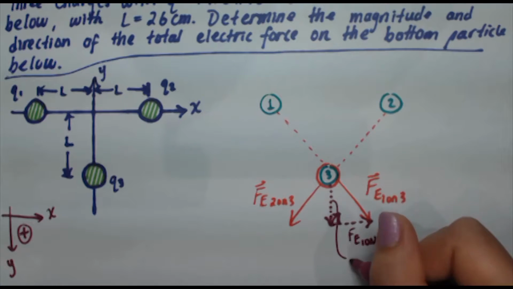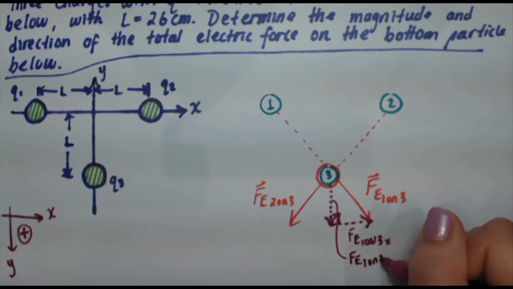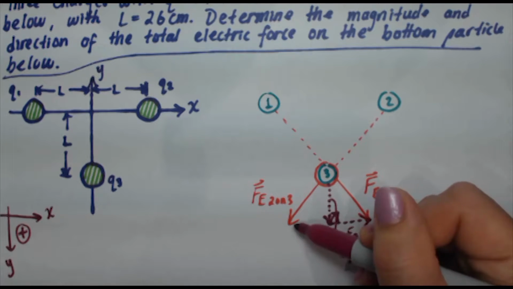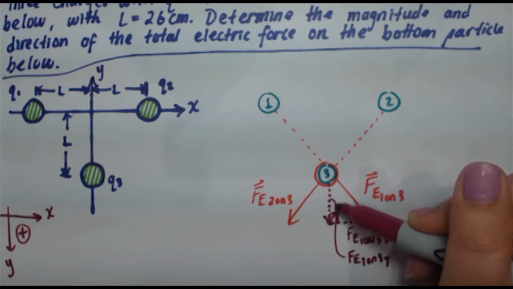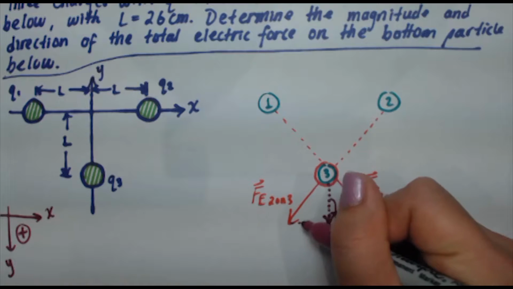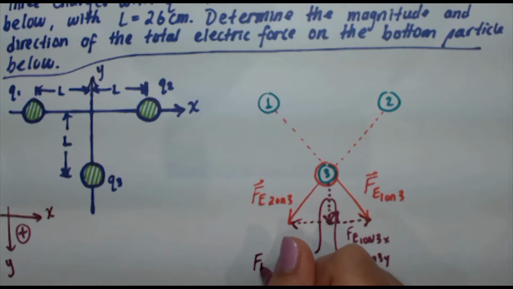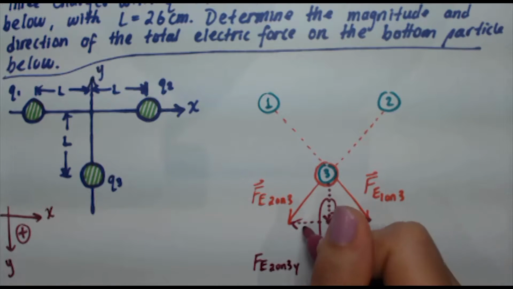And this portion right here is Fe 1 on 3y. Now we can do the same thing for Fe 2 on 3. Its y component is actually going to be in the same space and position as 1 on 3y, and we can make the x component as well. So here we have the y component for 2 on 3, Fe 2 on 3y, and over here we've got